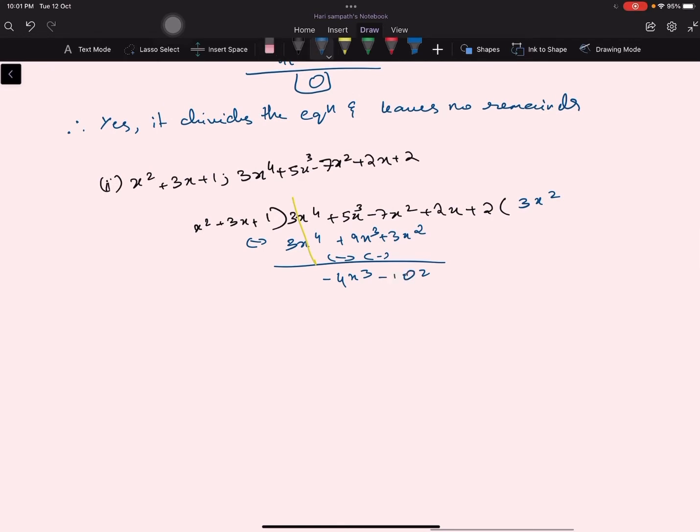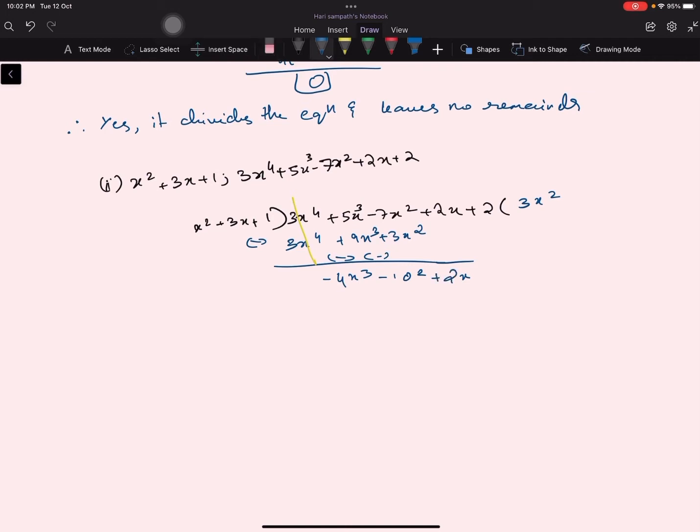Minus 10x square plus 2x. Always when you see these three of them over here, get the third term also down. And if you think that there's a term missing in the equation, like there is no x square, then also bring two terms down. Even if this equation is only two variables long, it has only two terms,